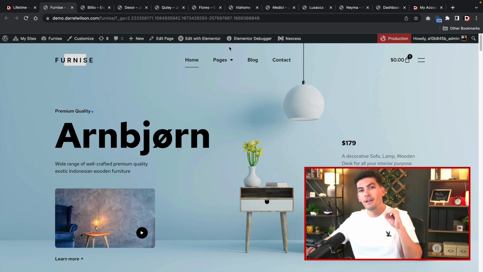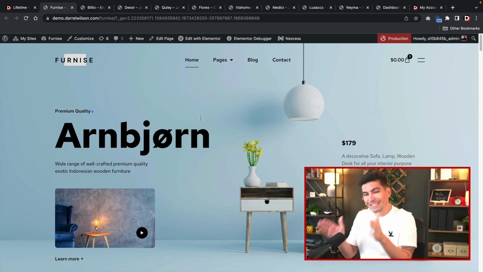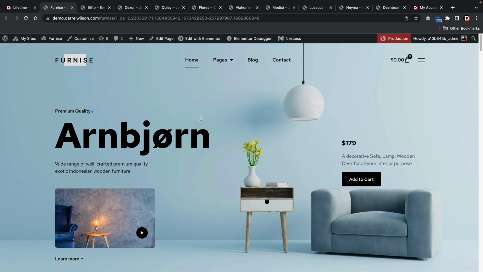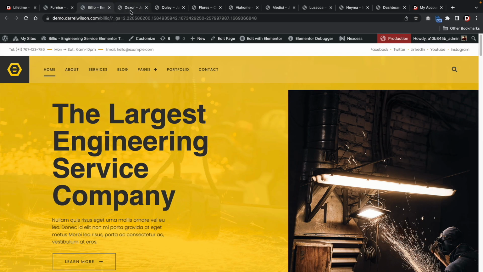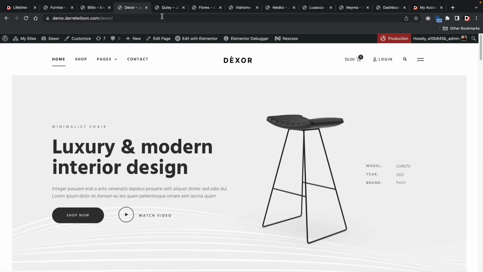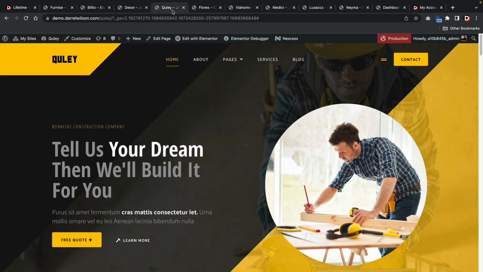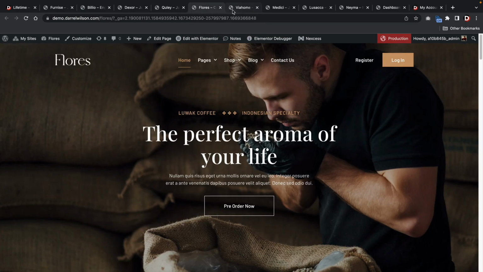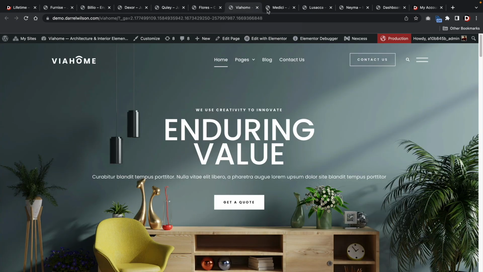We also add in custom headers and footers, custom 404 pages, archive pages, and even Elementor pop-ups for every single kit. We have done a lot of work for every kit. We put our heart and soul into every one of these kits. And the kits look great, every single one of them. They're very unique, they're very modern, they're not really the same as others, and the designs are amazing. And just by looking at these, you guys can tell that we have done a lot of work